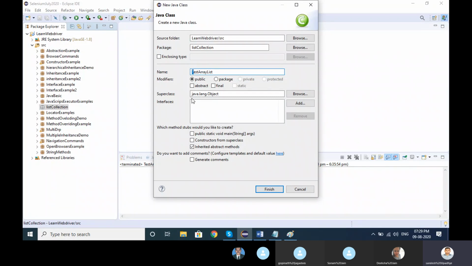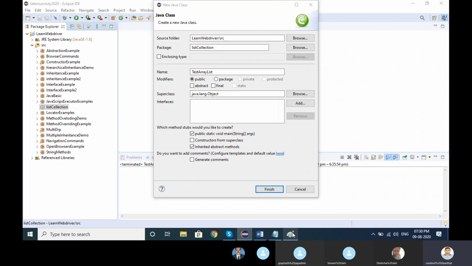If we provide a small letter, look here: type name is discouraged, by Java convention type names usually start with an uppercase. So make a habit: when we create any class, the first letter should be uppercase. Basically these are camel case. Okay, and I will add public static void main. I have created one class, TestArrayList.